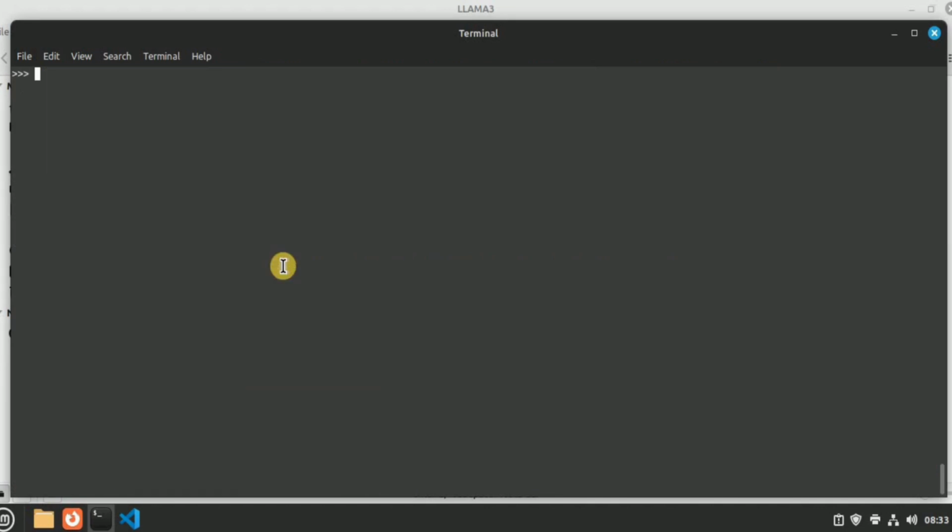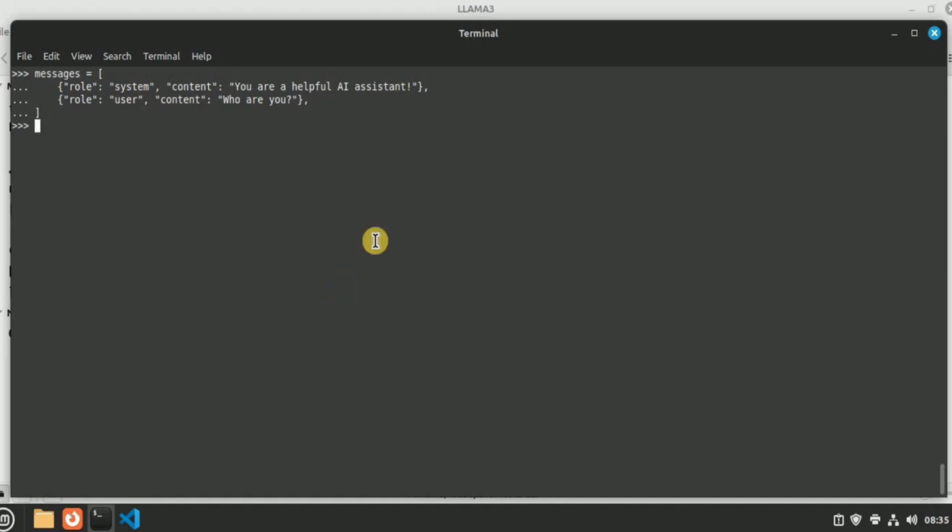Once this is done, we are going to create the messages conversation between the user and the system. For that, I'm going to create a messages list that will contain 2 conversation chats. First is for the system, where the content is that you are a helpful AI assistant, and from the user's perspective, I'm going to ask it, who are you? We'll hit enter and it will be saved inside the messages. And this is actually the message template which we are saving in order to run the model.